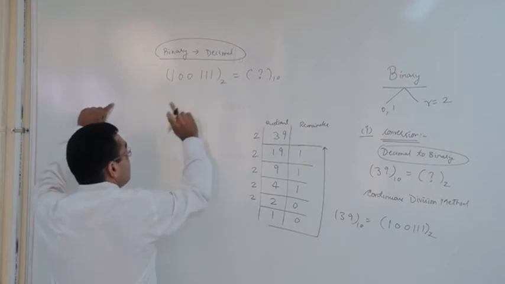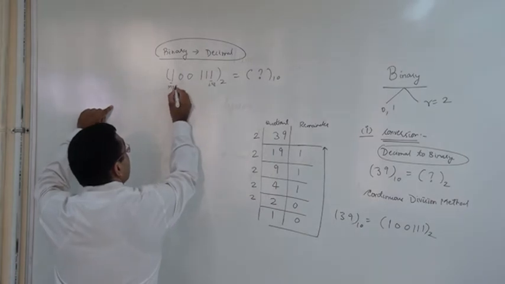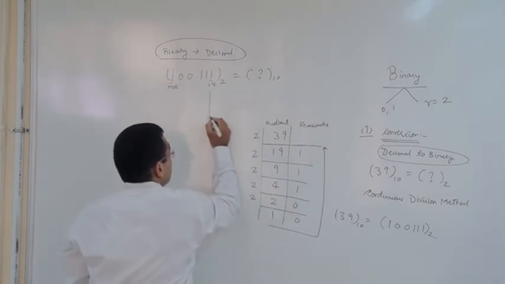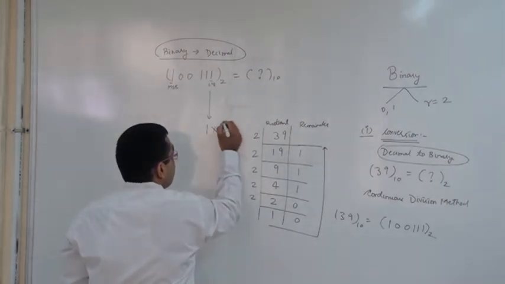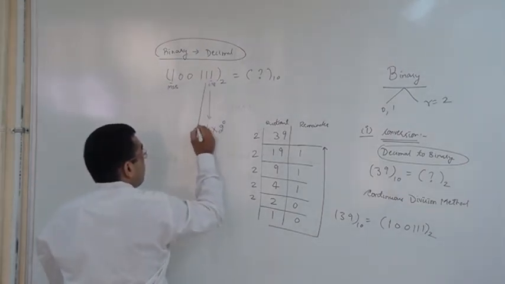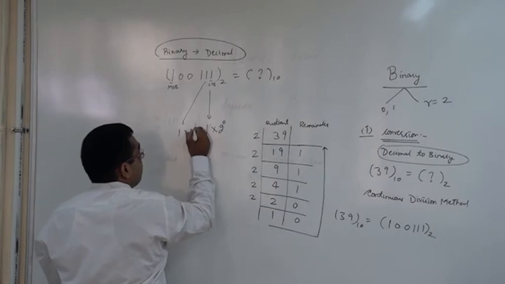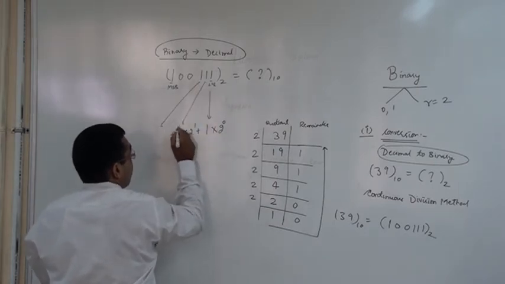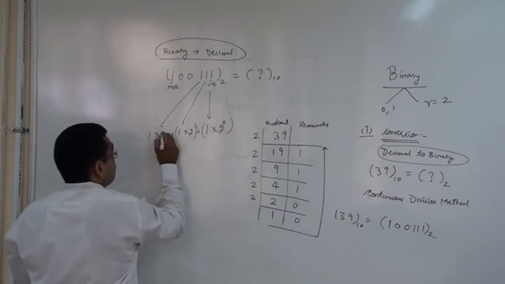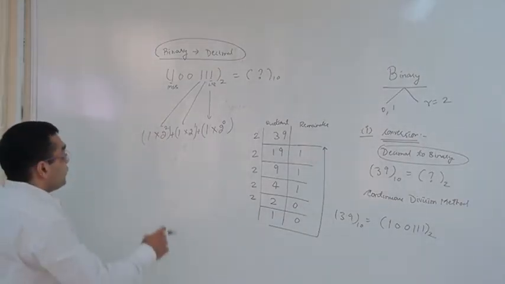For example, what we'll do now, we'll start from the LSB, proceed towards the MSB, and again we'll write down this digit, that is 1 into radix to the power 0, plus the next digit, okay, over here, into radix to the power 1, then we keep on increasing the base power or the radix power.